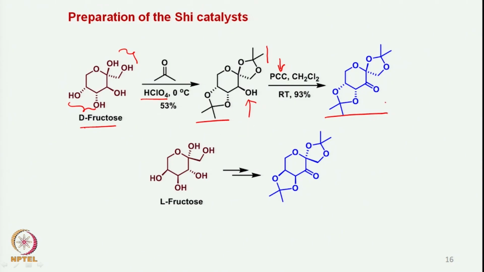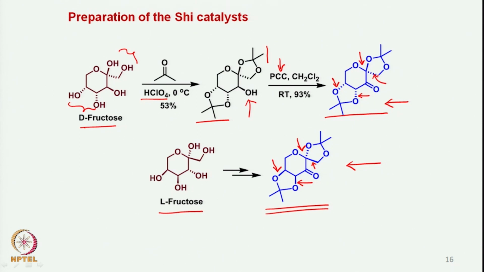On the other hand, if this gives a certain type of chiral induction, then the opposite can be expected to form from the L-fructose based ketone. If this is the L-fructose based ketone, as you can see, it is exactly the opposite of the D-fructose based ketone. These two are beta, where they were alpha here. In a similar fashion, this was alpha, so it is now beta, and this is beta, and here it was alpha. So, it is exactly opposite because D-fructose and L-fructose are actually mirror